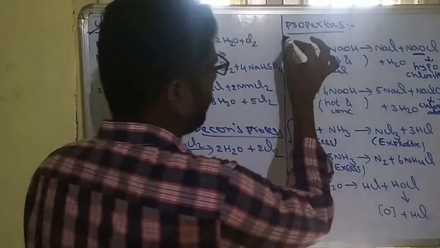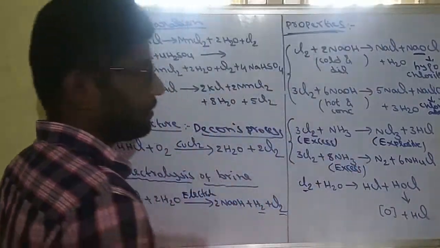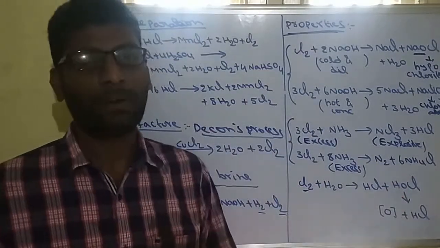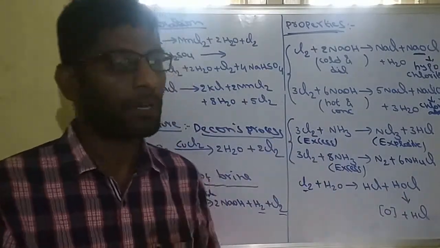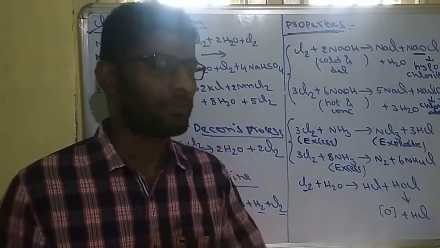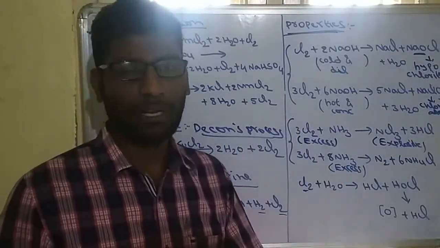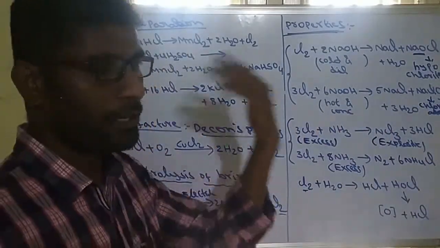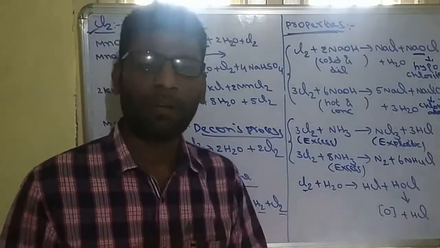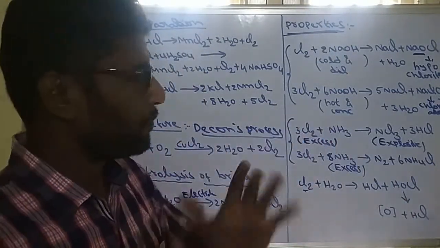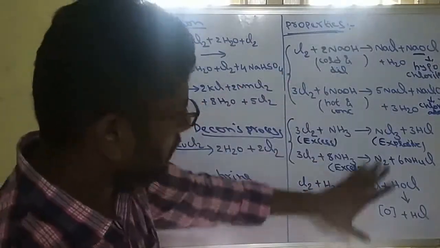Similarly, when we look at properties, chlorine reacts with both metals and non-metals. Most of the chlorine reactions with metals we all know, for example sodium giving NaCl, aluminium giving AlCl3, magnesium giving MgCl2. Like that, a number of reactions are there, but the most important reactions possible for the exam I am writing here.